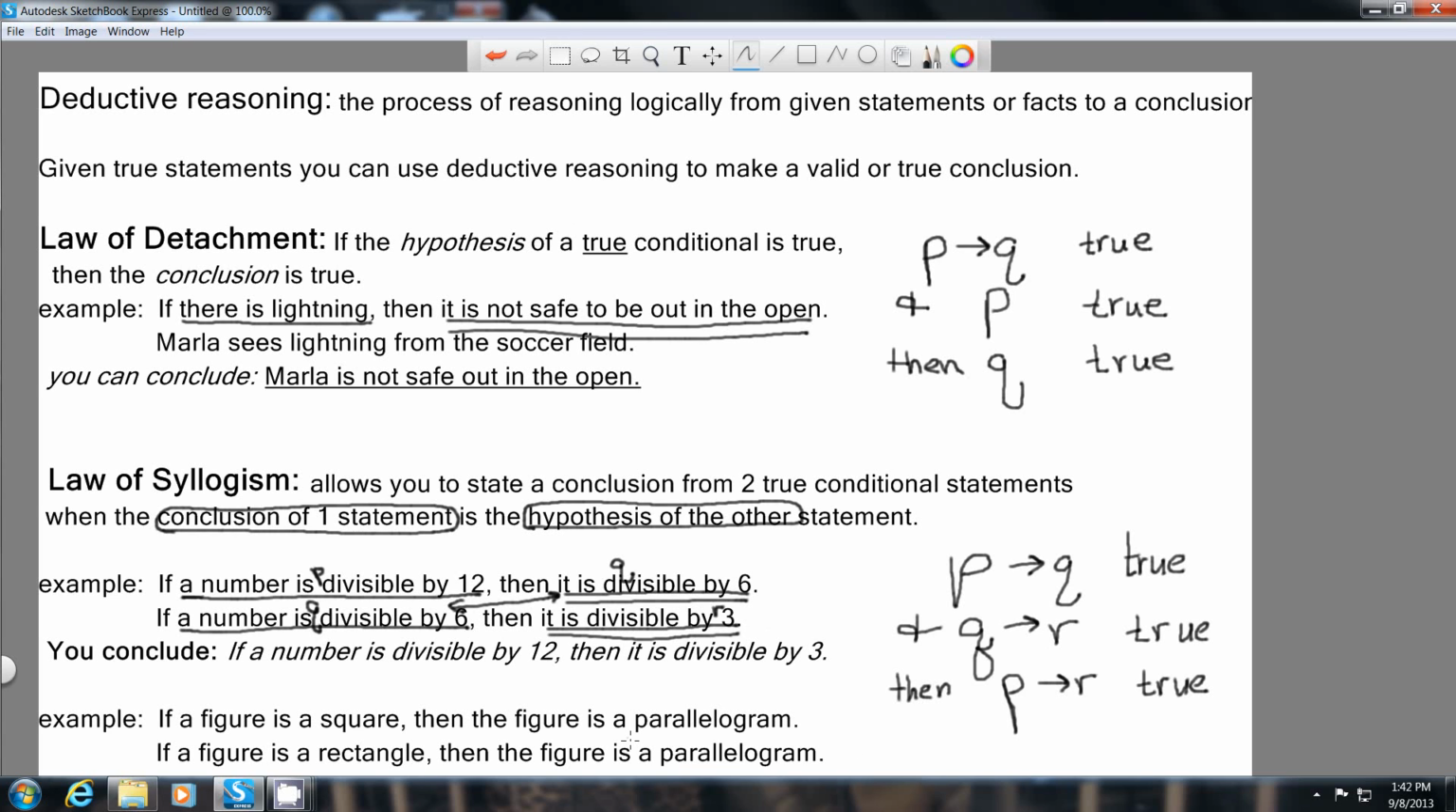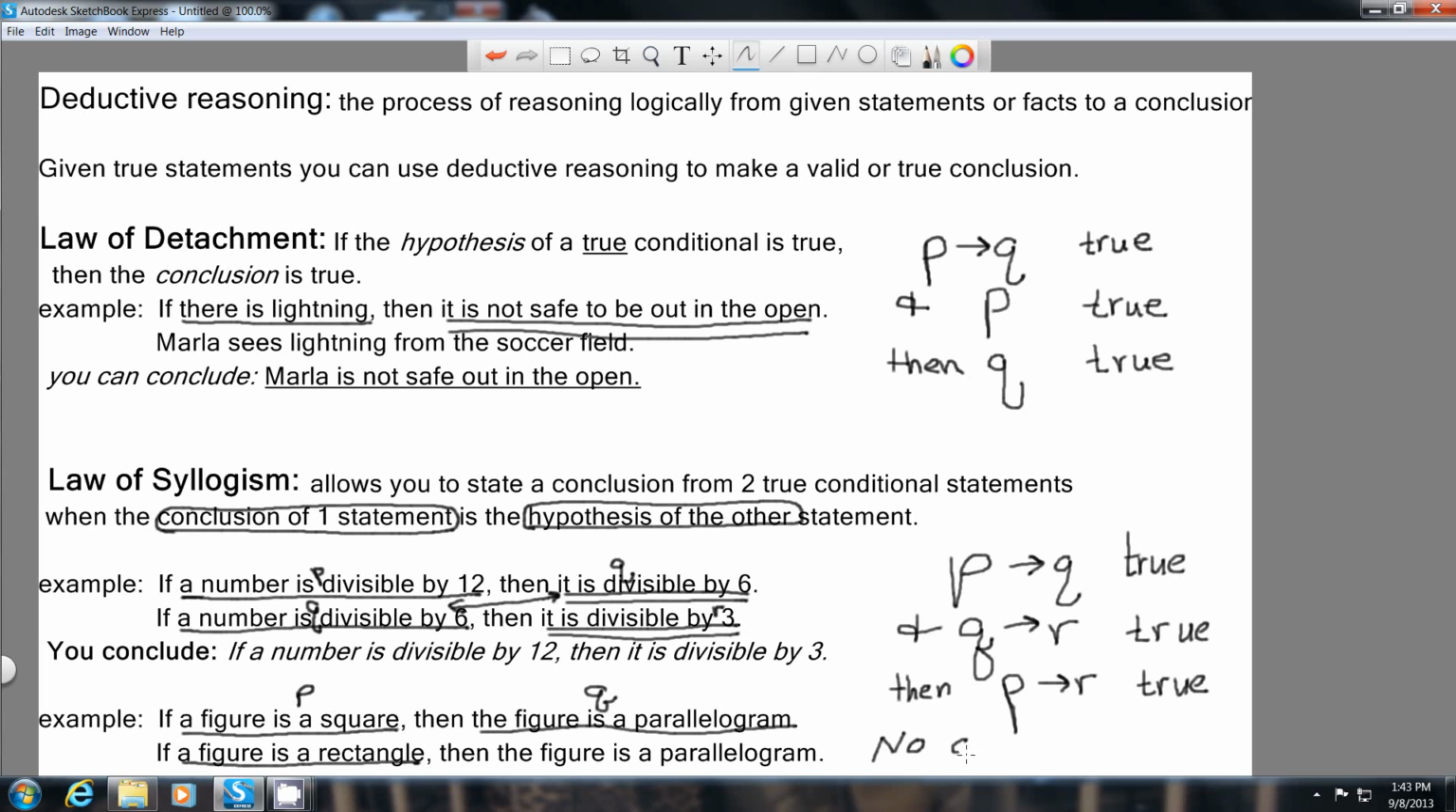So I gave another example here. If a figure is a square, then the figure is a parallelogram. Well, our P is a figure is a square. Our Q is the figure is a parallelogram. Then in our second conditional statement, if a figure is a rectangle, well, this isn't the same as our Q. So we really don't have to go any further. What we can conclude is that there is no conclusion